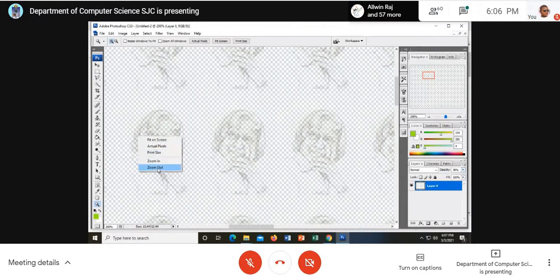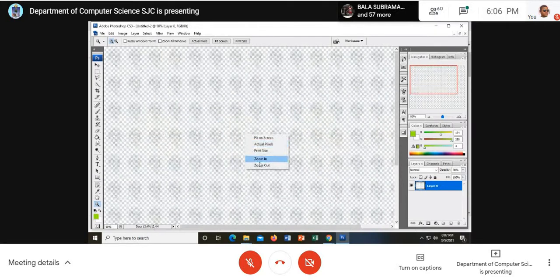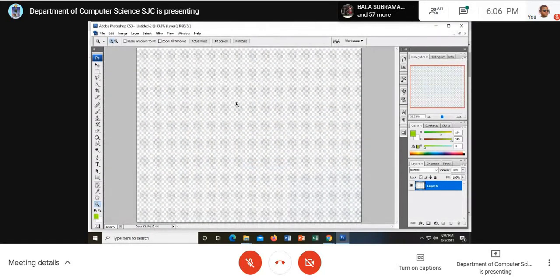So when you reduce the opacity, why is it becoming checked? Don't worry. When you save as a JPG, it loses the original color, because we have done it in the background. What is the background color? White. So I have applied the pattern. When I reduce white, what will come? The colorless. The colorless is called transparency.